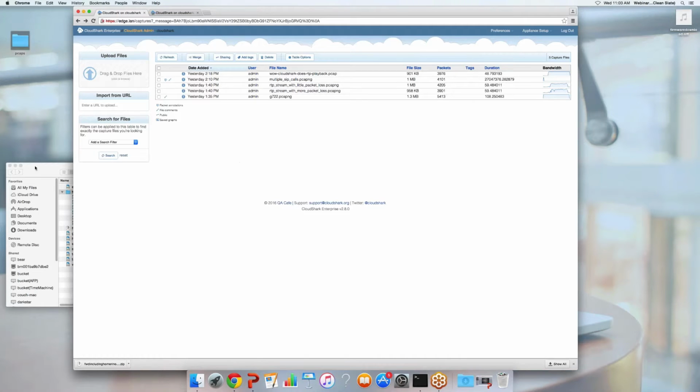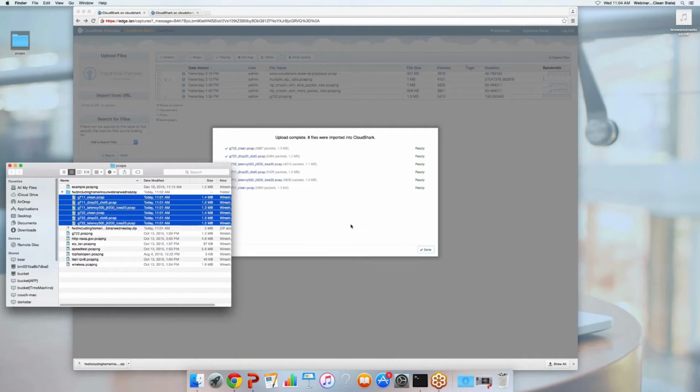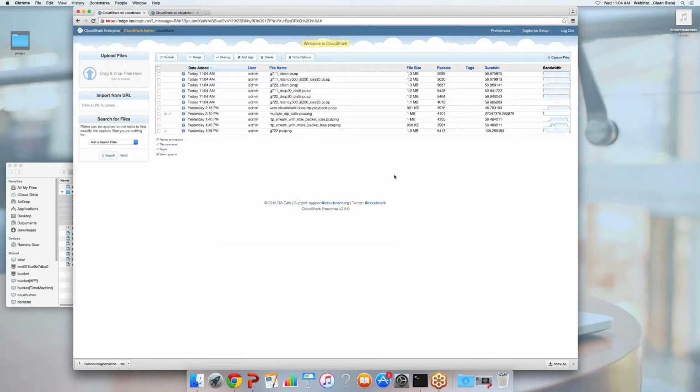I have a bunch of captures here that Lorenzo was nice enough to make for us using HOMER. If you already have the captures with you, you can upload them directly into CloudShark just by dragging and dropping them in. But if you are going to use an external tool to get them in, and you're using CloudShark Enterprise,